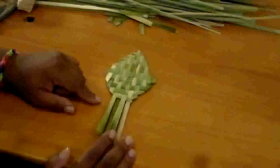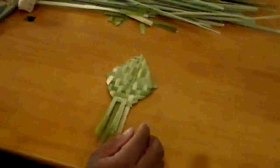Okay, so now we're down to our last 4 strands. This is when things will change because now we're ready to start to finish this off a bit. What I want to do is spritz this down just to keep it nice and supple for us,